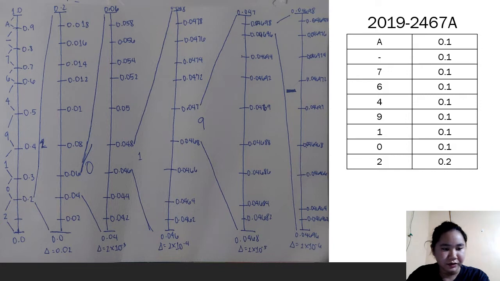Its range is from 0.04 to 0.06. This is based on its position here in the original graph. So just as with the previous one, 0.06 minus 0.04 divided by 10 will be the interval, which is 2 times 10 raised to negative 3. So 0.04 plus 2 times 10 raised to negative 3 is 0.042. And then you continue with it, so on and so forth, until you get to 0.06, or the number before